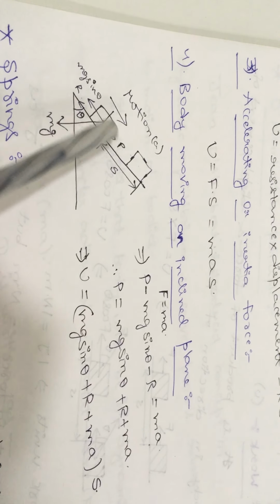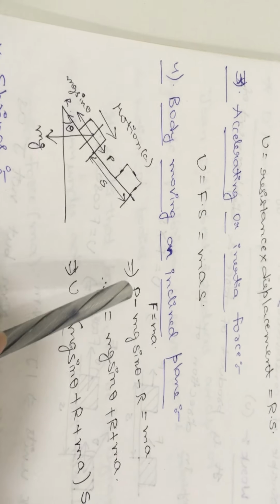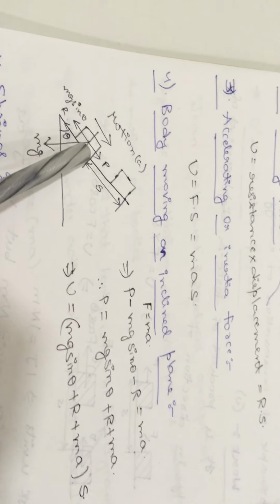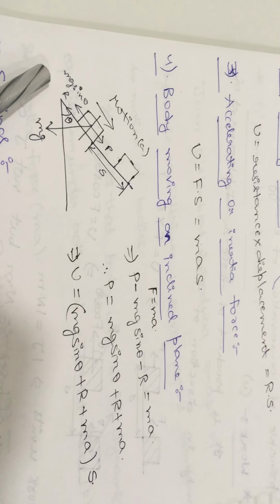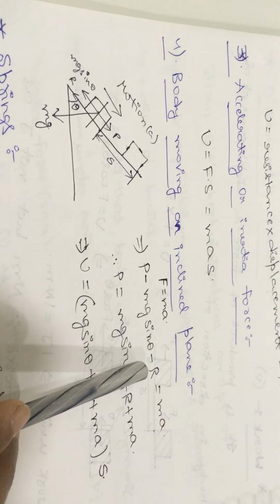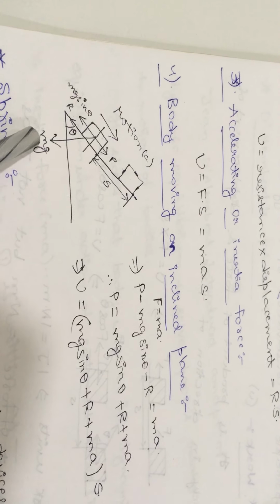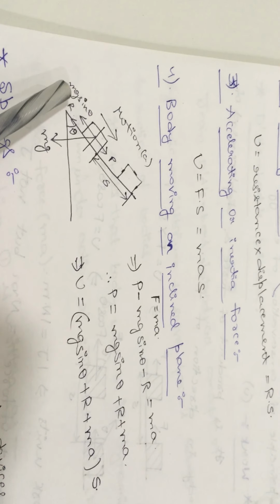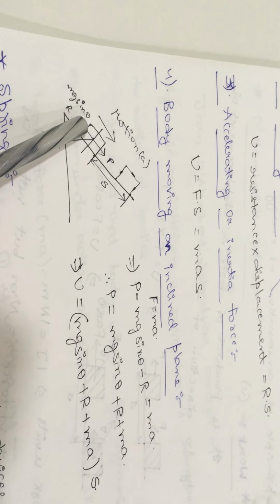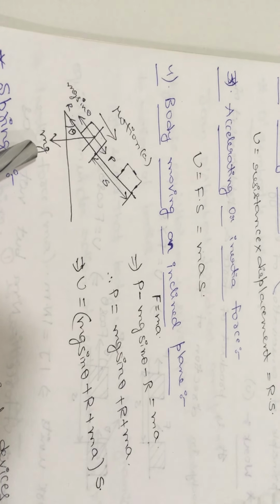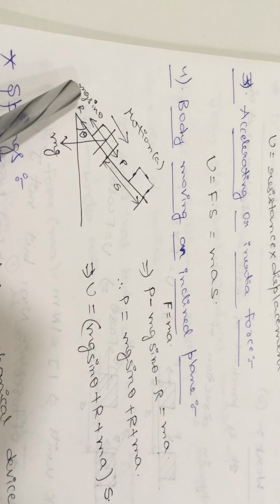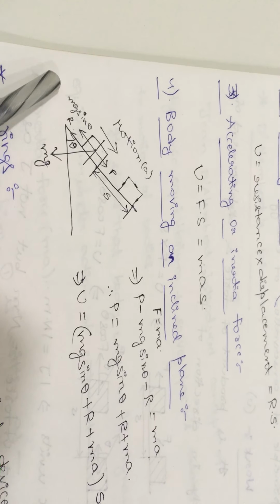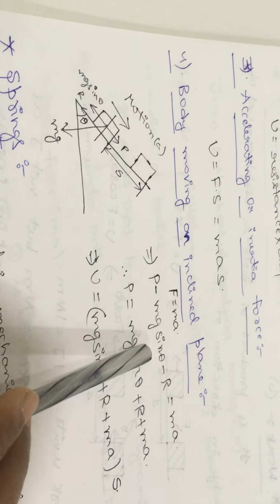So here the P force is acting in the upward direction, so plus sign for the P force. Next, as the motion is in the upward direction you will get the frictional resistance force in the downward direction, so minus sign for the R force. Next, due to the mg, which is the inclined force for this body on the inclined plane, you will get the rectangular components for this mg force on this inclined plane, that is nothing but mg sin theta, that is also acting in the downward direction. So you will get the minus sign for this force, so minus mg sin theta.